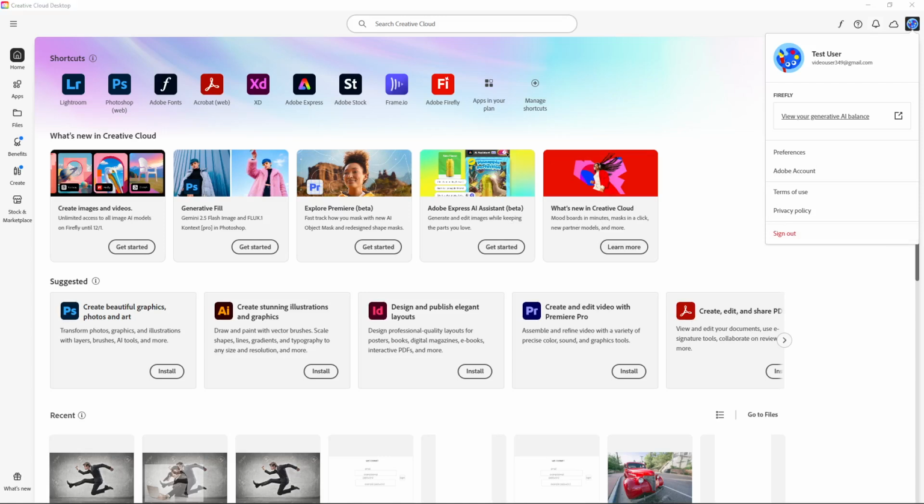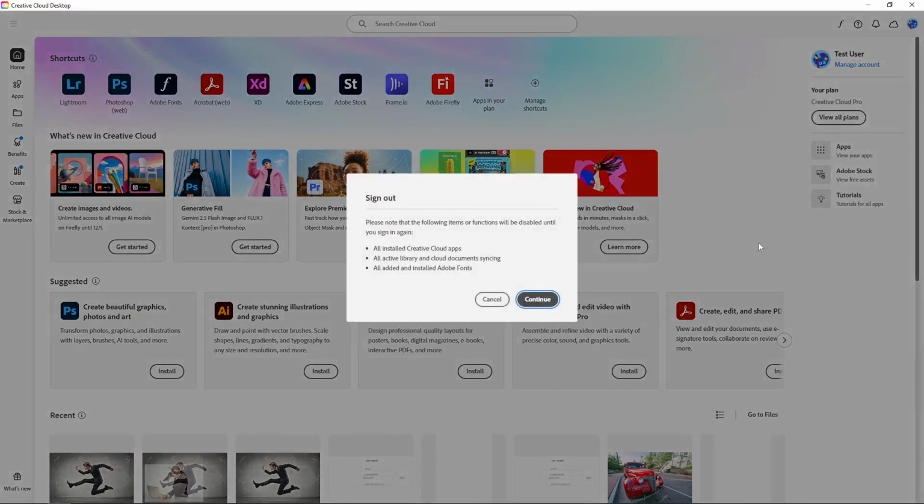It's important to be aware that when you choose to sign out, you might see a confirmation dialog pop up. This dialog serves to remind you that once you're signed out, your Creative Cloud applications will be disabled until you log back in. This is a good point to pause and ensure you're ready to proceed, especially if you are mid-project or need any of the apps right away. If you're sure you want to continue, click on Continue or OK in the dialog box, and just like that,